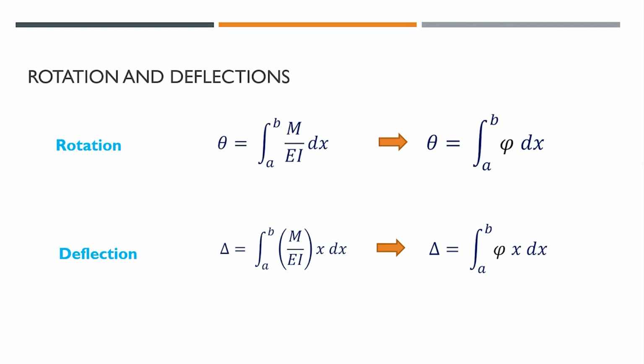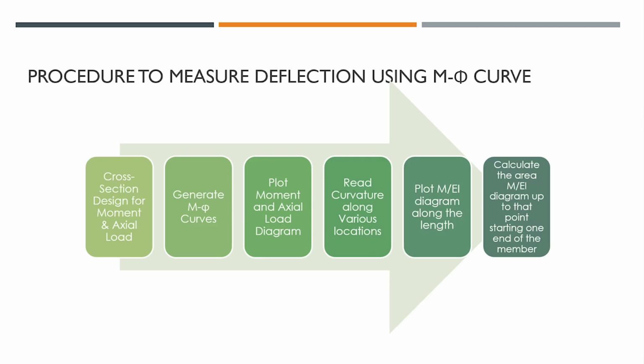So by integrating the curvature, we get rotation. Integrating the rotation, we get displacement, and we can determine deformation. Of course, for a structure, we can run a more full finite element formulation, which I will mention towards the end of the talk. So the procedure to compute deflection using the moment curvature curve is